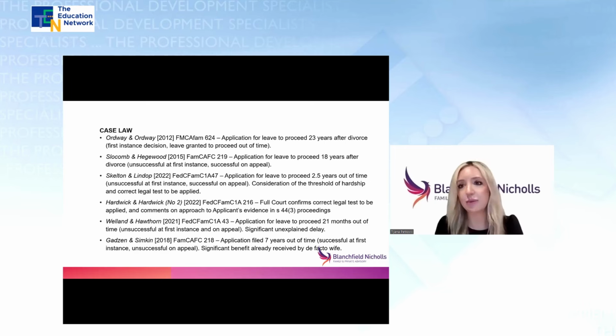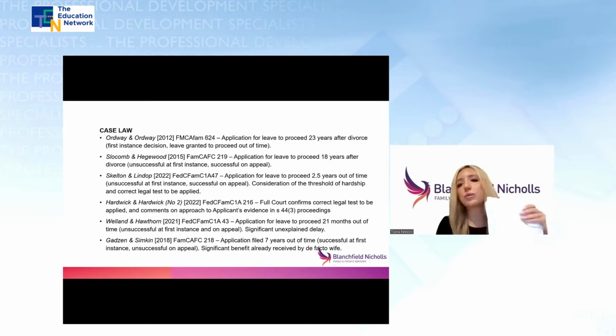Now that we have a bit of background, I will take you through a number of decisions which are outlined on this slide, and a summary of all of the cases that are referred to on this slide can be found on pages, it commences on page 12 of the paper onwards.